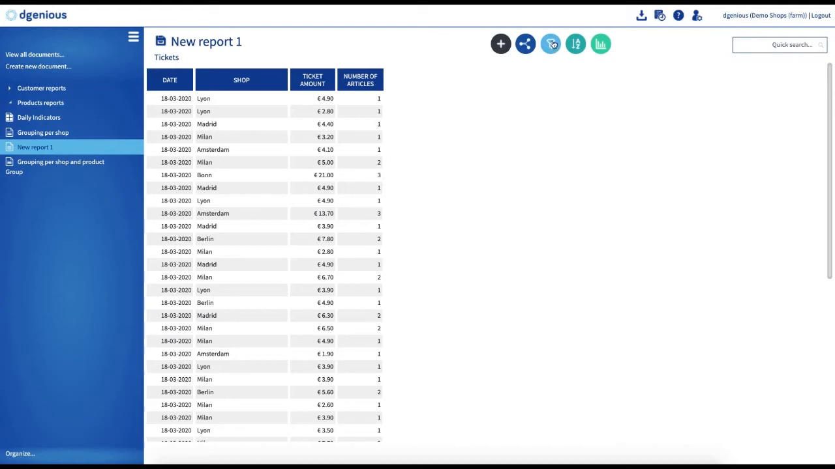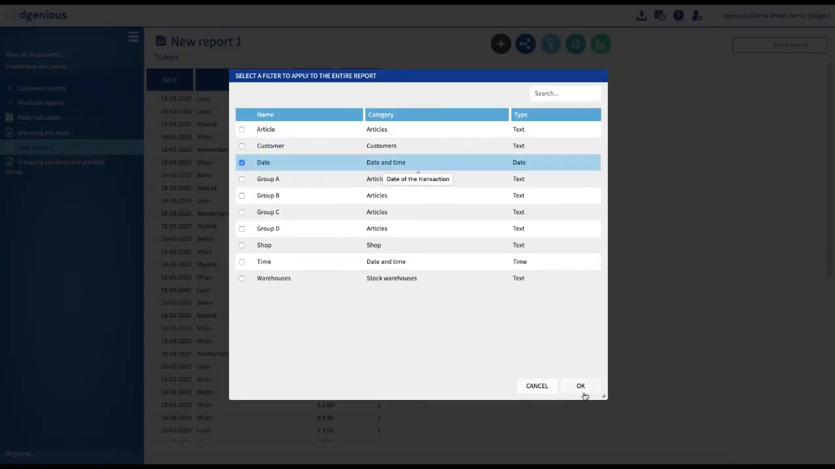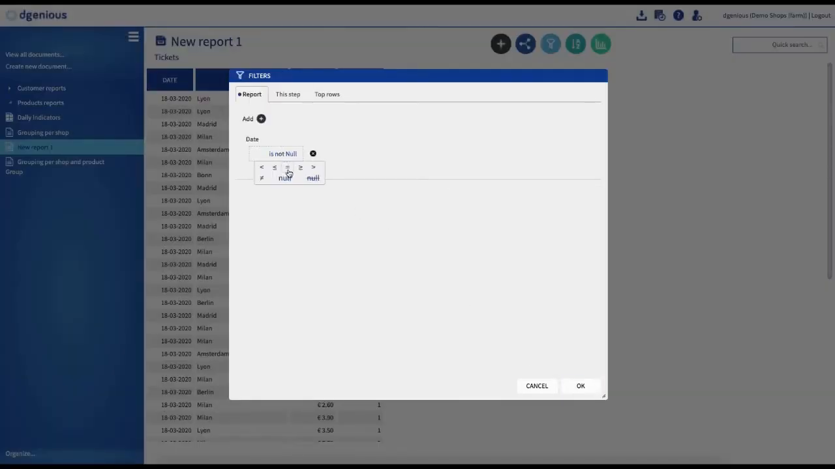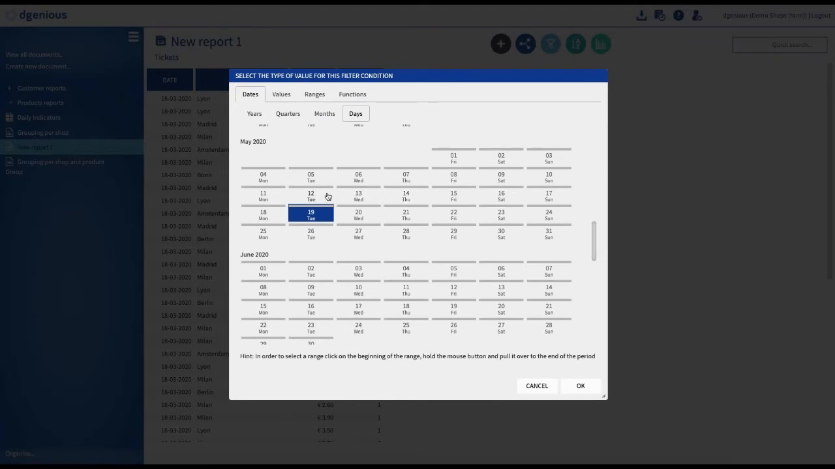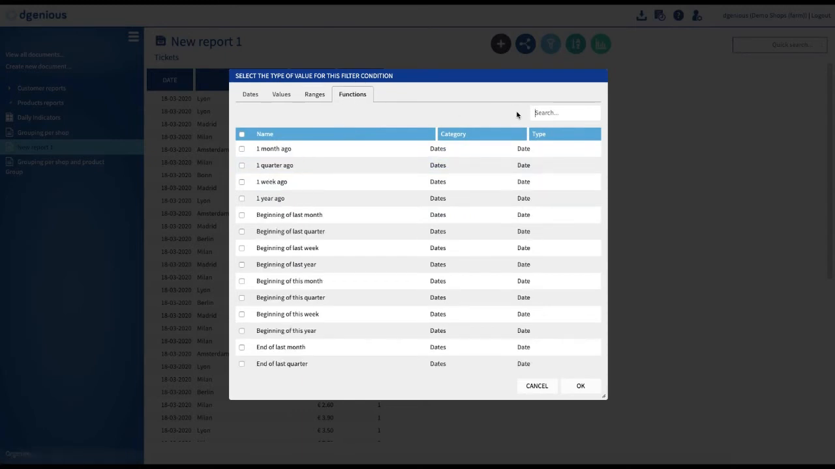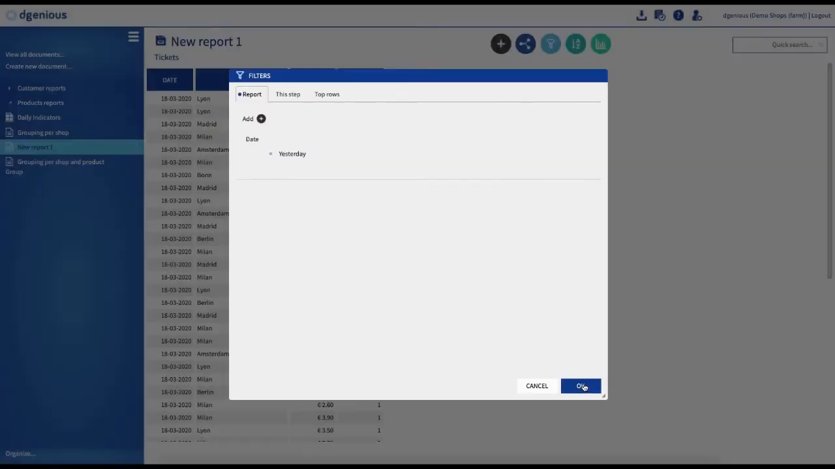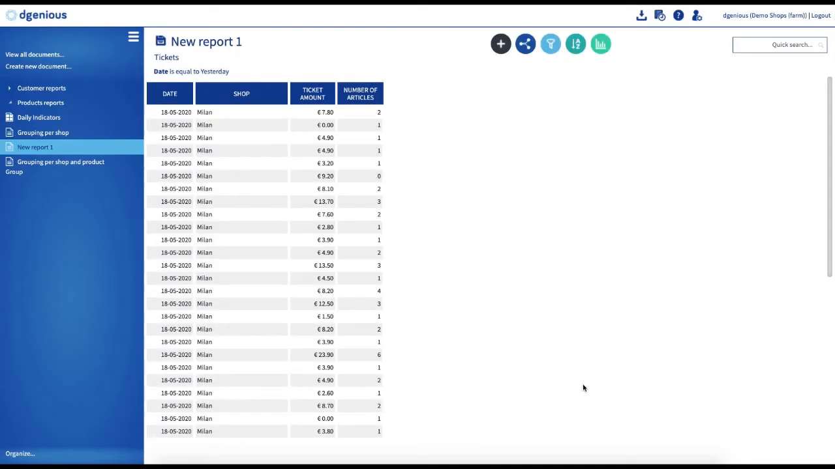So I click on the filter button, click on the plus, select date, select equal, and now you have different options. You can select specific periods, predefined ranges, or choose a function, which is what I'm going to do, as I'm going to choose yesterday. So you click on yesterday. And now the system is displaying only the data from yesterday, and you can see the filter on top of